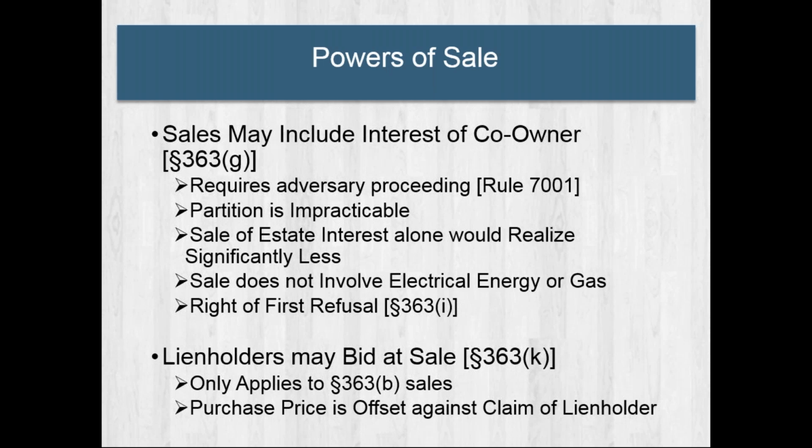One of the other points is that the offset or the consideration or the exchange that is given under the bankruptcy code to allow the debtor or trustee to sell the interest of a co-owner, the counterpart is it gives the right of first refusal to the co-owner to buy the property at any price that another party is willing to pay for the property, and that is under Section 363I. And so consequently, as the trustee or debtor in possession is marketing the property for sale, the broker should frankly notify any prospective buyer that the property has a right of first refusal attached to it that is created by statute,